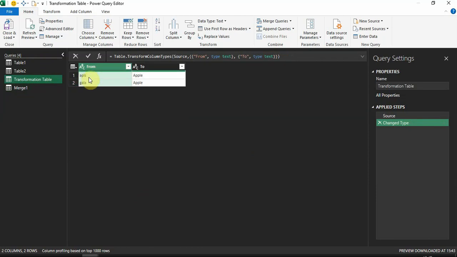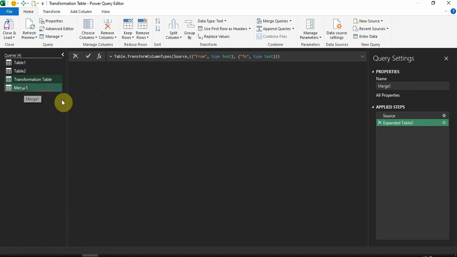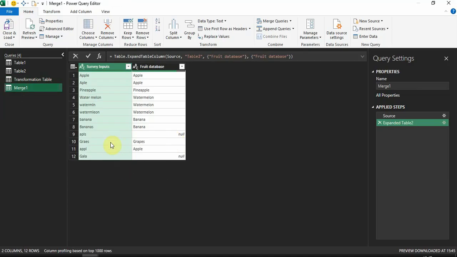So APLS, we are saying let us match to the word Apple. So these two columns have to be created in the transformation table in Excel. Similarly, Gala is also a part of the Apple fruit, so we've also listed that down as well. Right now these two have not been matched, APLS and Gala. So what I'll do is I'll go back to the source,